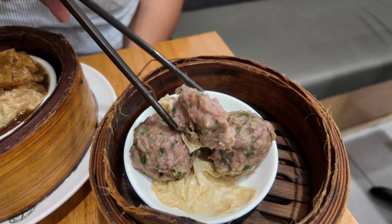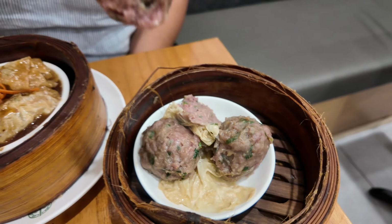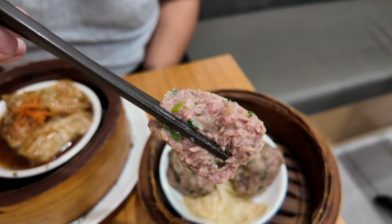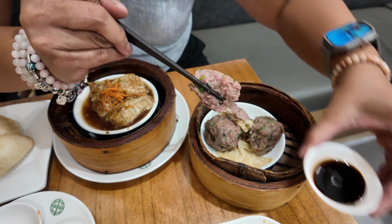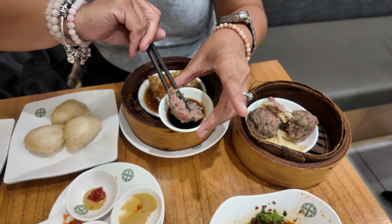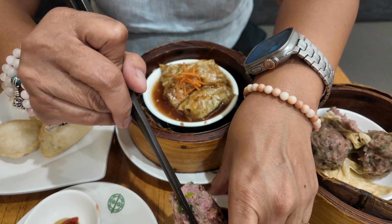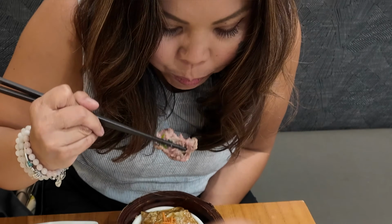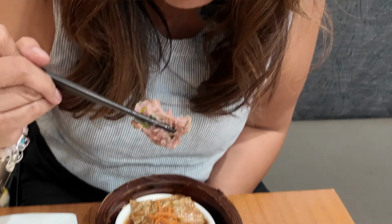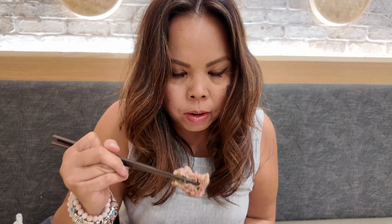You see that it has some nice looking green onion in here. Looks really good, and I believe that is a sauce for it. So let's get some of the sauce and we'll dip it. Take a bite like that first. It's a very dainty